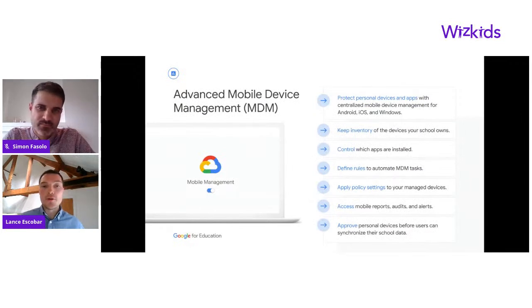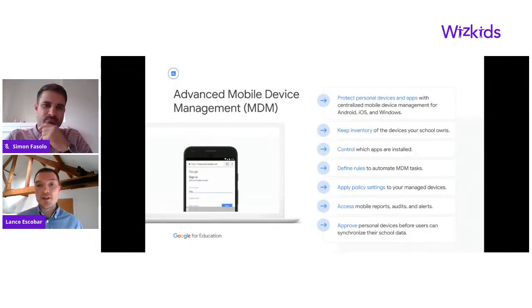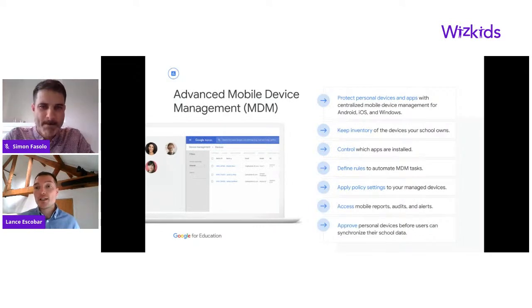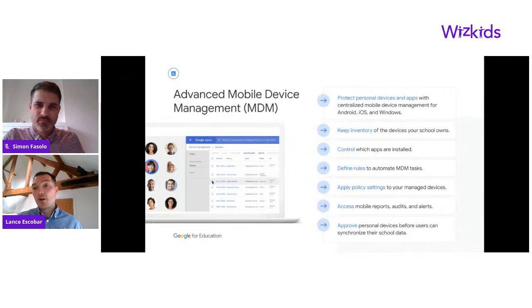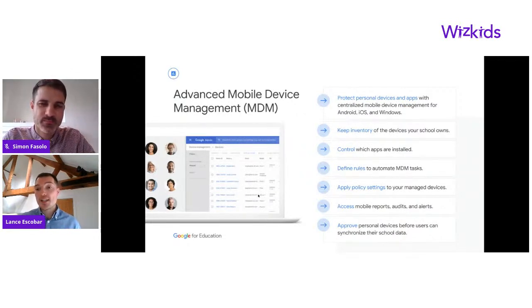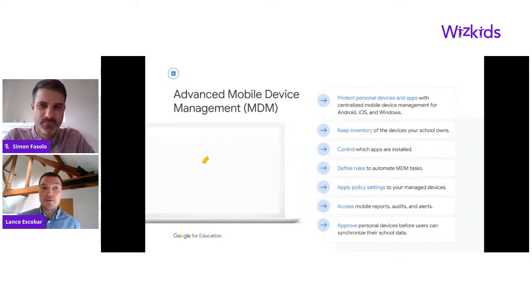We also improve deployment and advanced mobile device management. So we have advanced mobile device management, or MDM, which allows you to detect jailbroken and compromised devices within your domain, curate and manage a list of mobile applications, block unknown sources, provision Wi-Fi networks and configuration policies. It also allows you to keep inventory of devices on the domain, control which apps are installed, and apply policy